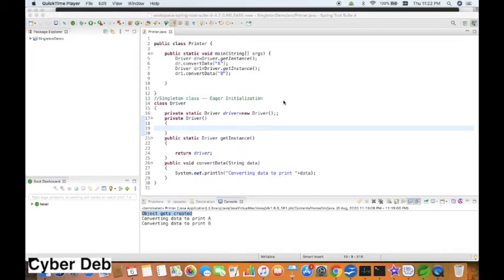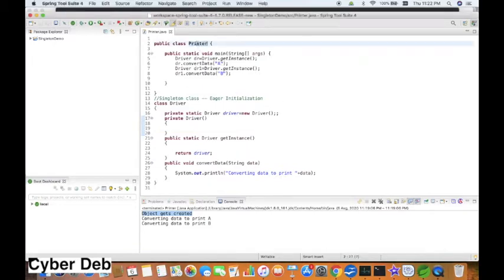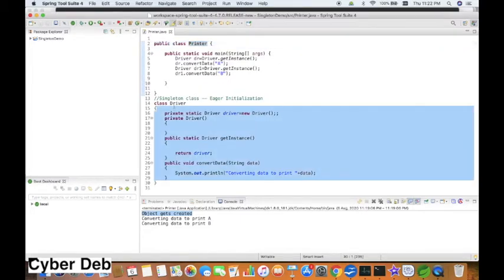So this is the example of eager initialization of singleton data model. In eager initialization, which we have already discussed in the previous video, which I will put in the description box, we have two classes, Printer and Driver.